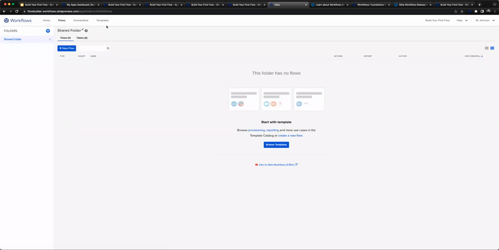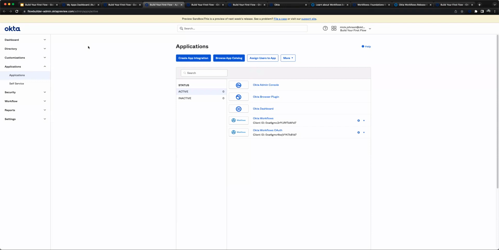And so the first flow that we're going to build is going to be when a user's assigned an application. We want to know who was assigned, and so what we'll be doing is adding the user assigned application event. We want to read the user because we want to know their email address, their first name, last name, and then what we're going to do is write that to a table. So pretty simple flow, and in order to do that, let's hop on over to the Okta admin console again,